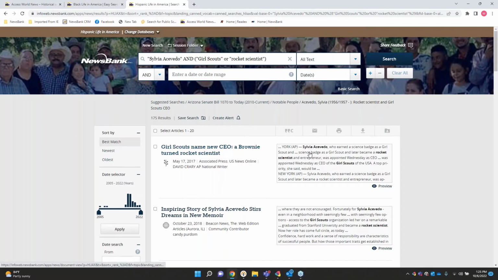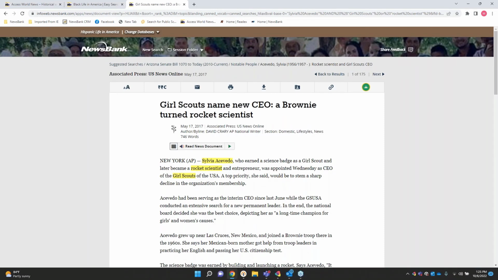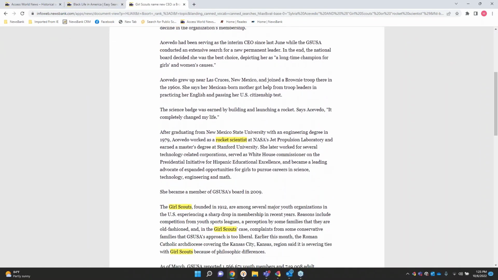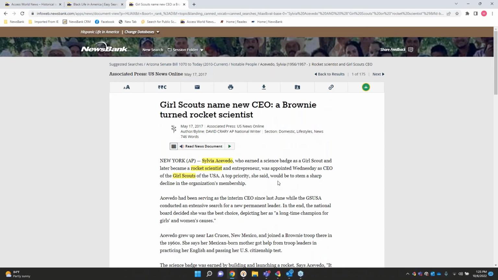Okay, this very first article on Sylvia Acevedo talks about how she started as a Girl Scout and now she is an acclaimed NASA rocket scientist. Okay, what a great, great story this is. So a great way to show civil rights and human rights and how people can rise above and really be successful and so on. Okay, and again, my tools right across here,